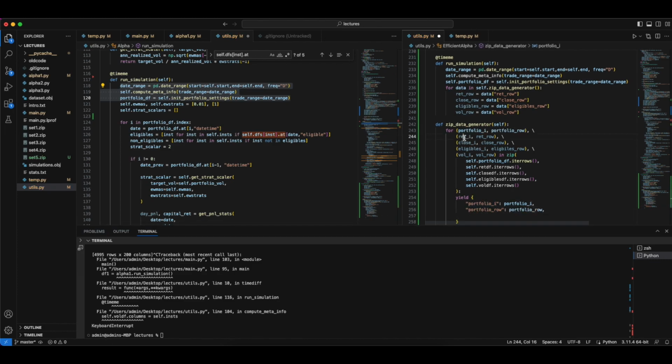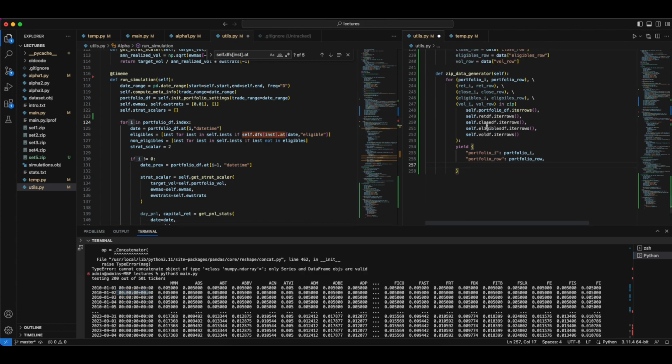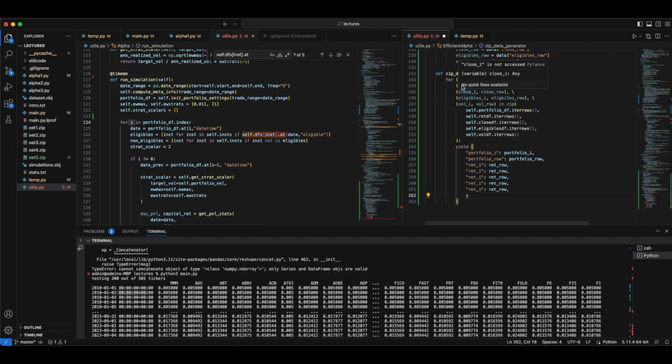and I think all of these indices repeat. So does it? The portfolio is indexed by number, and the rest of it is indexed by a date time. So this, and this, I believe, all share the date time indices. So we can just do return I, create row. Let me just do that multiple times. So return I, return row, and we don't need this close I because it's same as return I. So all we need is this,